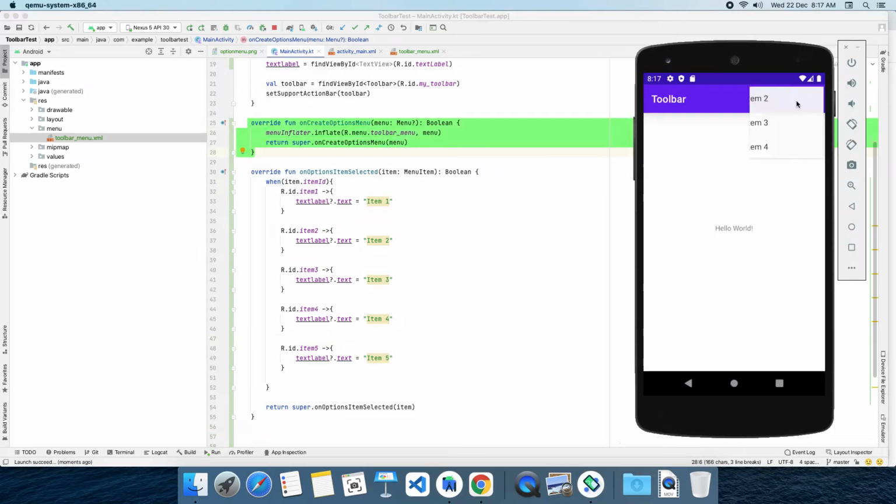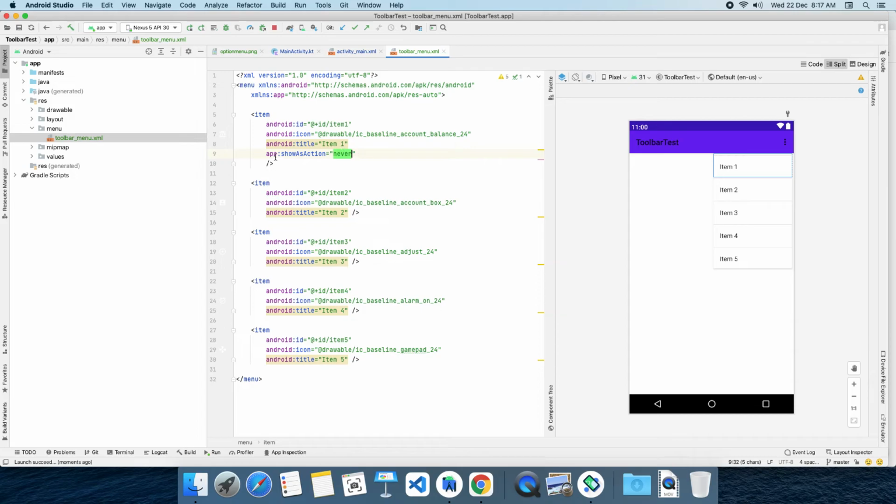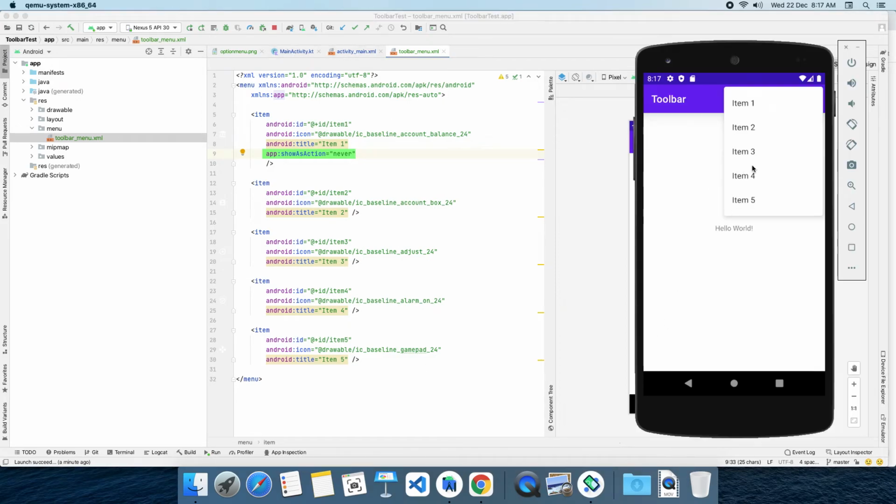So this is now added to our toolbar, because the property is set to never for the other items, so all items are showing in the pop-up. They are never added to the toolbar directly. See, now when I tap on any item, item 3 is showing in the label, so the listener is also working fine.